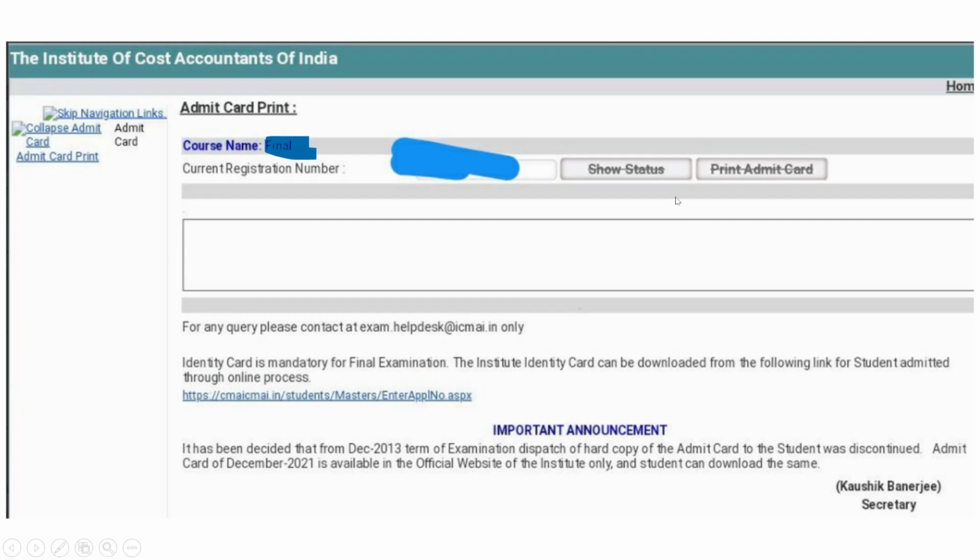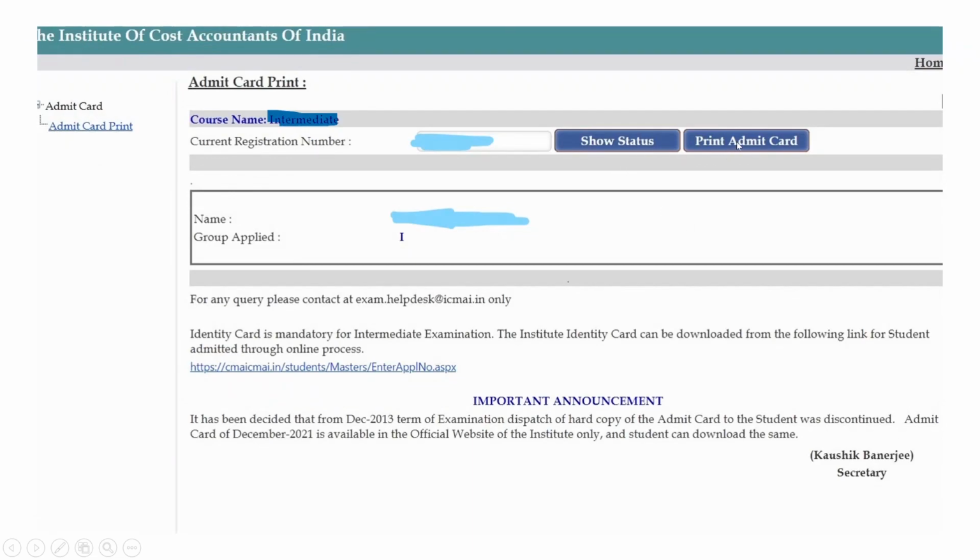Enter that registration number in this box. Then the show status and print admit card tabs will become enabled. Both these tabs will be enabled like this.